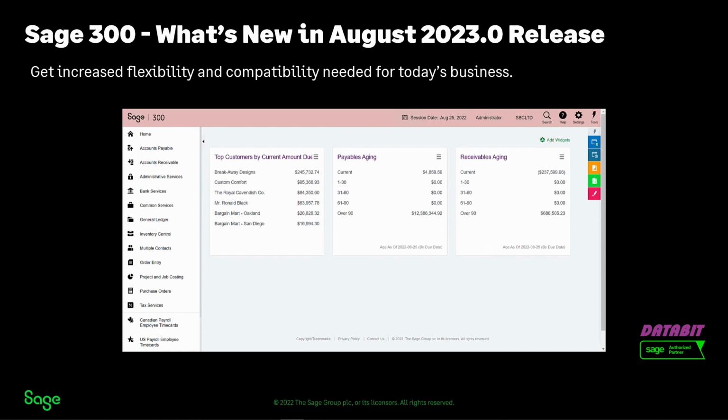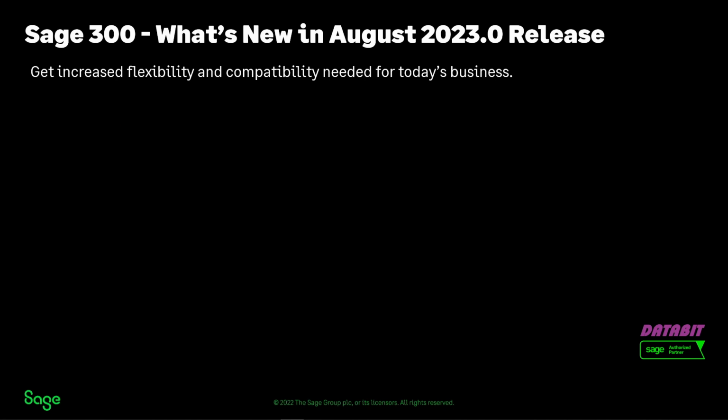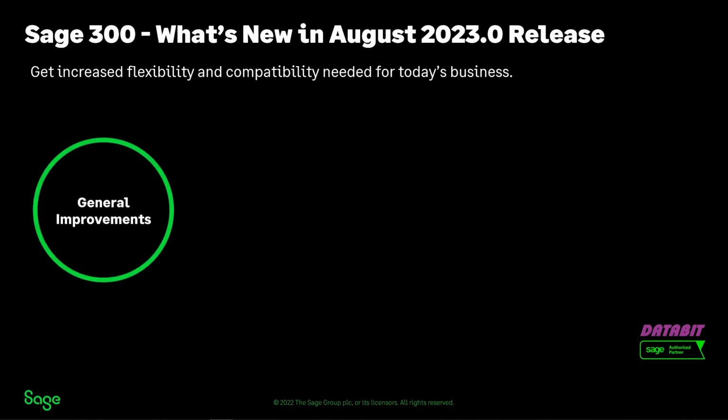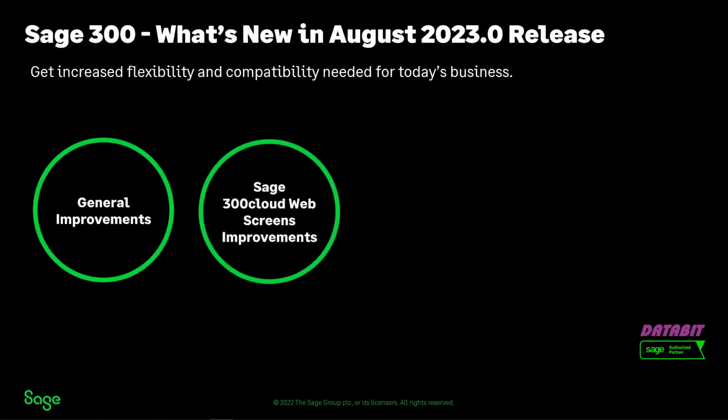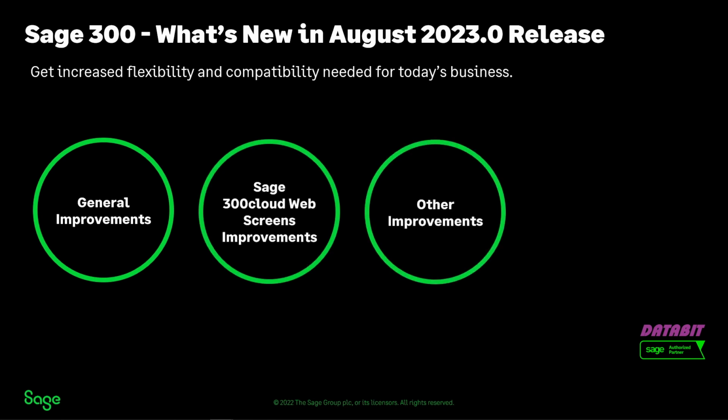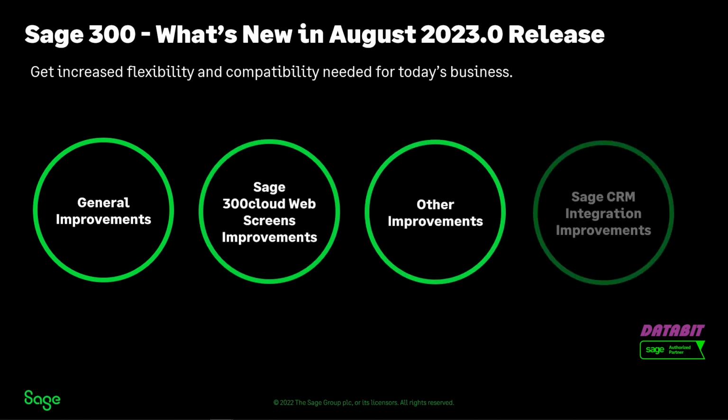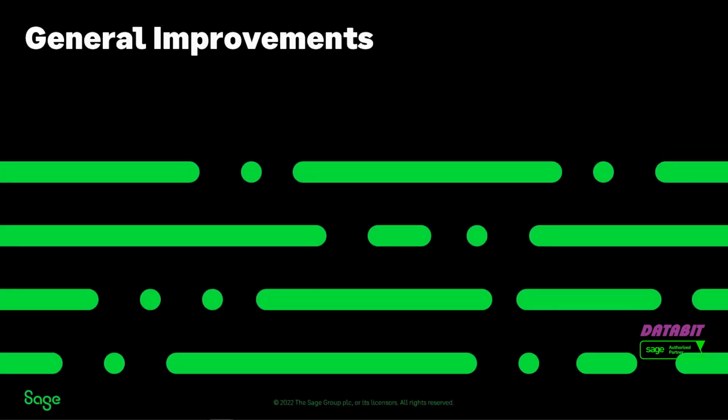This latest version presents additional functionalities and superior user experience through general improvements, Sage 300 Cloud web screen improvements, other improvements, and Sage CRM Integration improvements. Let's start by looking at general improvements available in the Sage 300 Cloud web screens and in the Sage 300